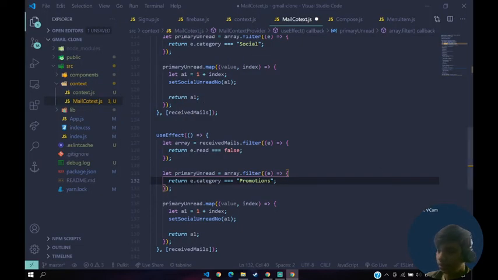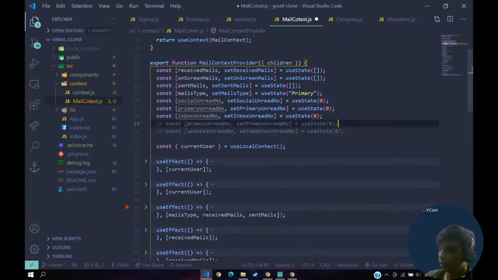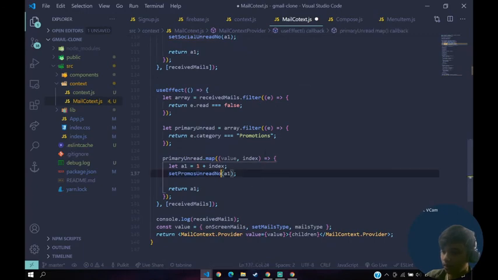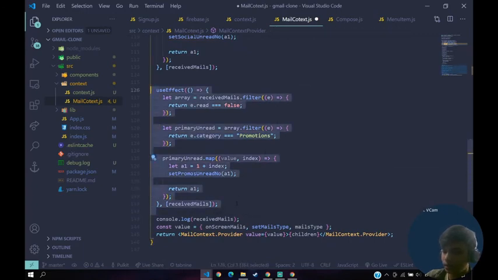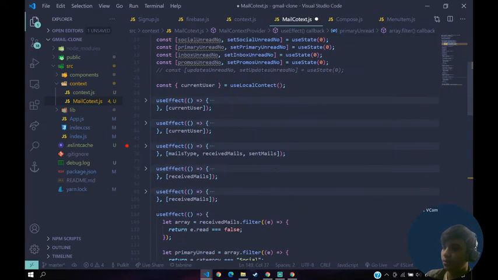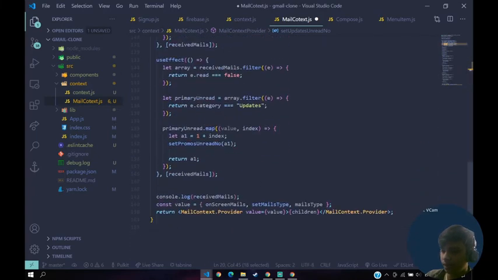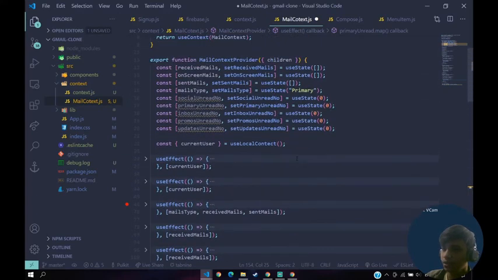So I'll just copy this promotions just to avoid spelling errors, and then we'll uncomment this, and say set our promotion 100 to a1. Again, copy this, paste it, and instead of this we'll say updates here, and we'll set this to our updates primary 100, right? And then where is this? Yeah, we'll set this here, and now let's check if that works. First of all, we'll copy this.